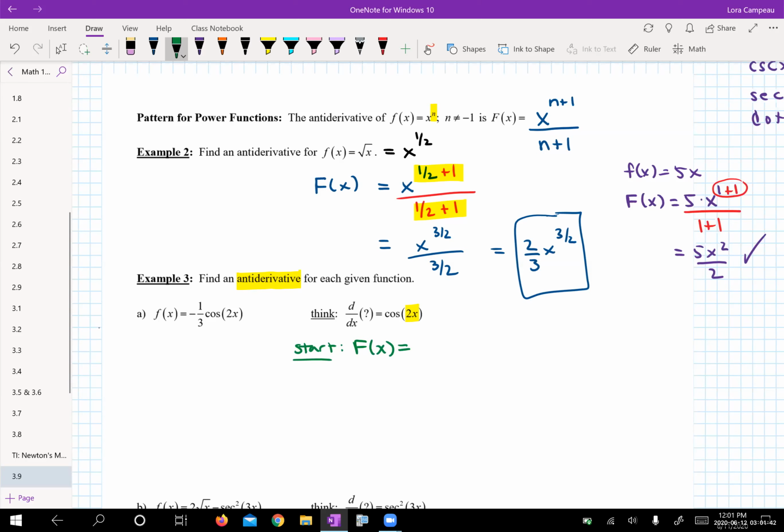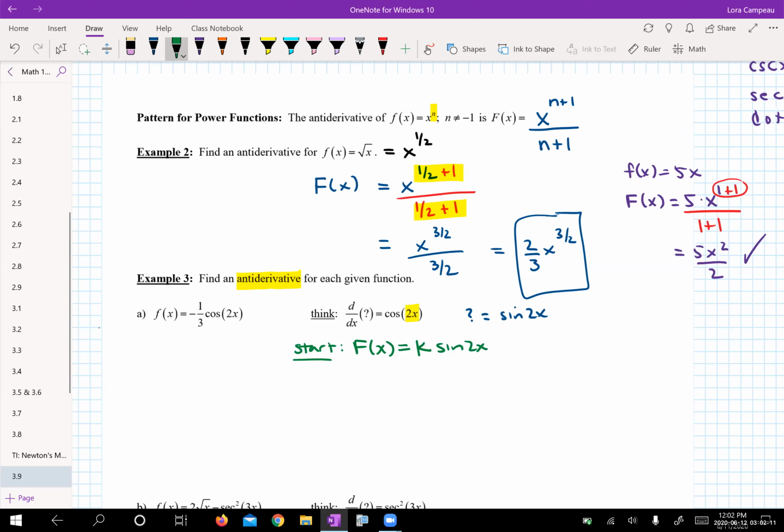So I kind of have an idea. The derivative of question mark should involve the sine of 2x, but there could be a constant happening. So I have to kind of attach this in terms of understanding what k is. So we should have k times sine of 2x